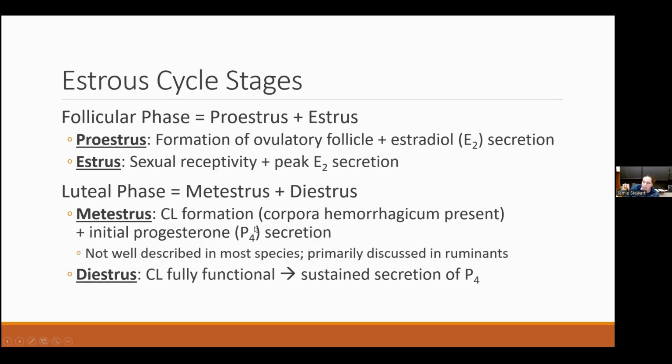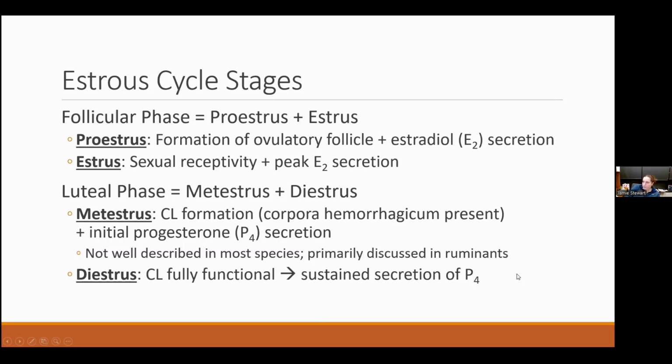So it's just, again, another transitional time right here where estrogen's going down and progesterone's going up. It's not really well described in most species. I would say in ruminants we have a little bit better grasp on it than in other species, so we do talk a lot more about ruminants than things like horses, if anybody here has horses that they breed. Then the diestrus is when that CL is fully functional and we're getting that sustained